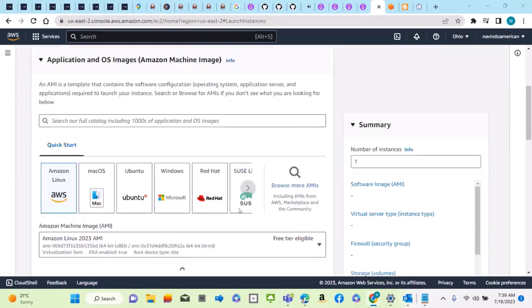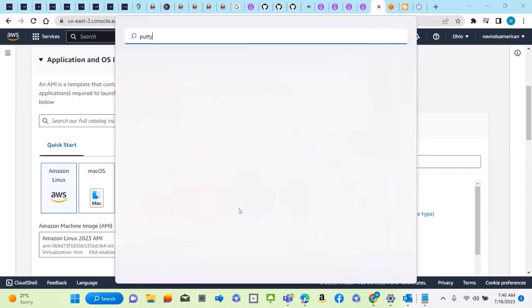I installed PuTTY, but it is not opening, like it is working from